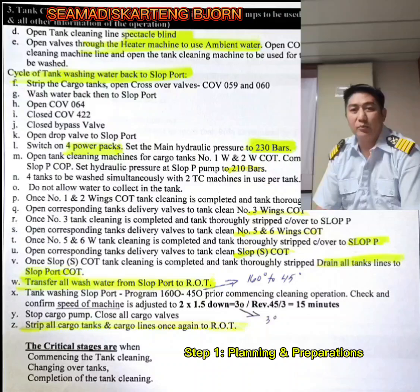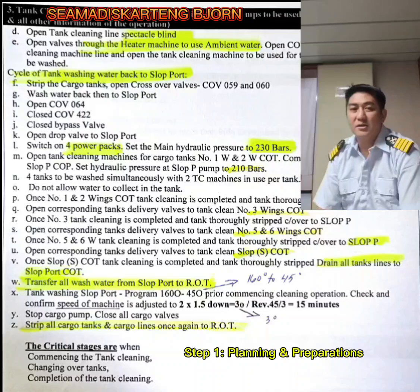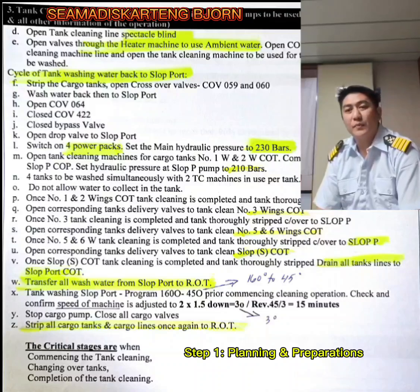So first, you have to open the tank cleaning line or the spectacle line. You can order your men to do it. And then open valves through the heater machine to use ambient water, for example COB1 and COB2. Go into the tank cleaning machines line and open the tank cleaning machine to be used for the nominated cargo